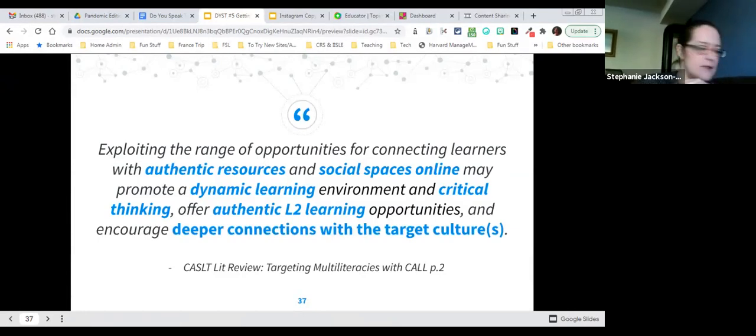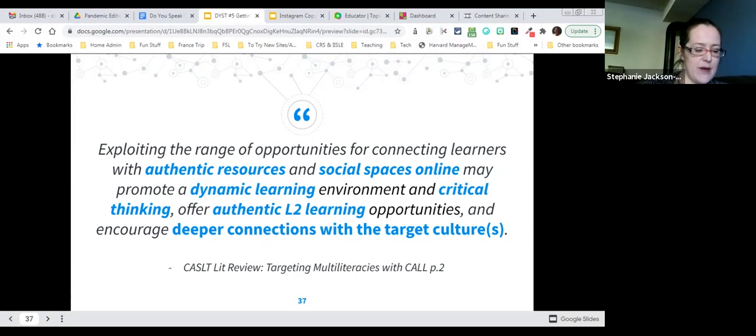And by connecting our students with these authentic resources and these online social spaces, we're not only making the learning more dynamic, but we're also going to promote critical thinking. We're going to give them more authentic learning and really encourage these deeper connections with the language and the culture.